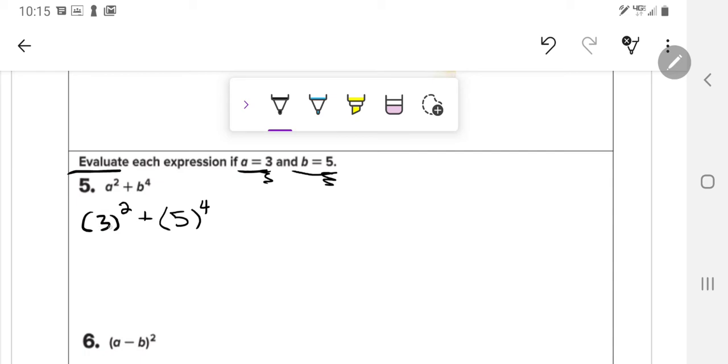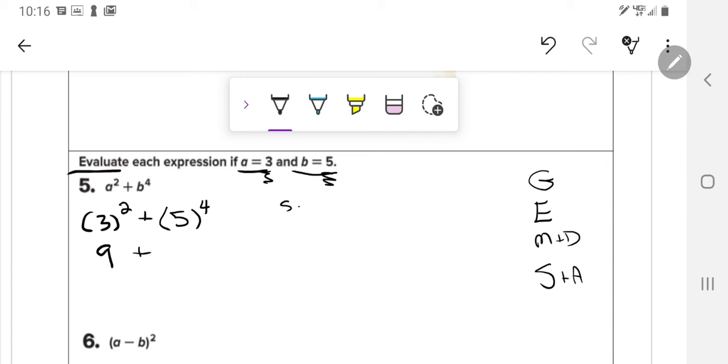All right, let's follow order of operations, which I like to use G, E, M, S, gems: grouping symbols, exponents, multiplication and division, and then subtraction and addition, left to right. Okay, so there's no grouping symbols. There kind of is, but nothing inside the grouping symbols that has to be done first. There are exponents. So 3 to the second means 3 times 3, so that's going to be 9, plus 5